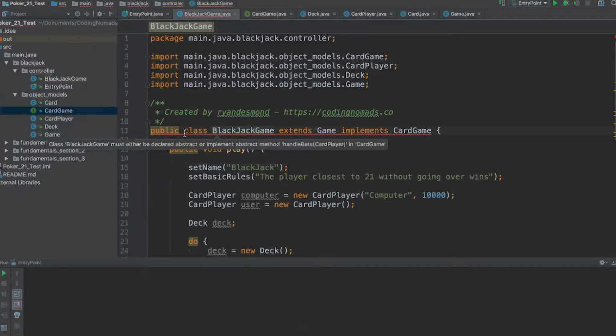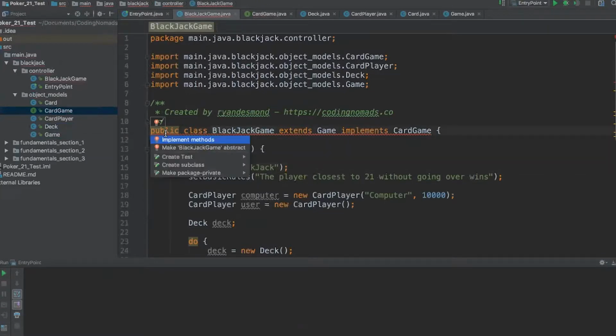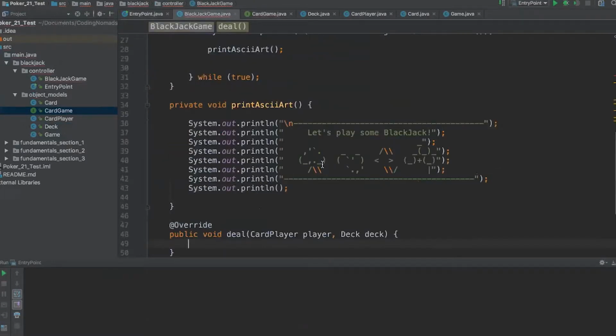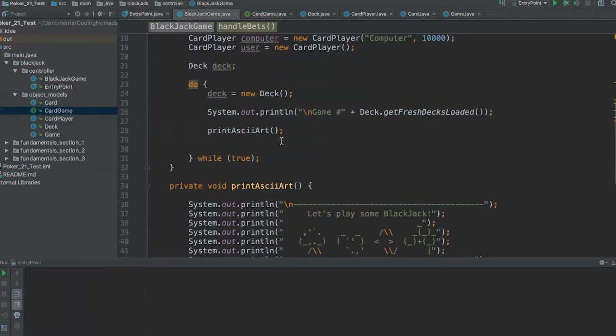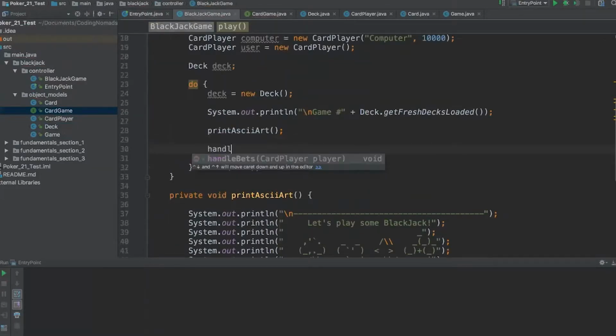So let's just go ahead, and oftentimes you can get a little, there we go. I'm going to say implement methods, both of them. So all it does is just give me these two empty methods. And so now we have a handle bets method, which I can call right here. I'm going to say handle bets. And I'll pass in the user because the computer doesn't necessarily need to bet. And then in the handle bets method,